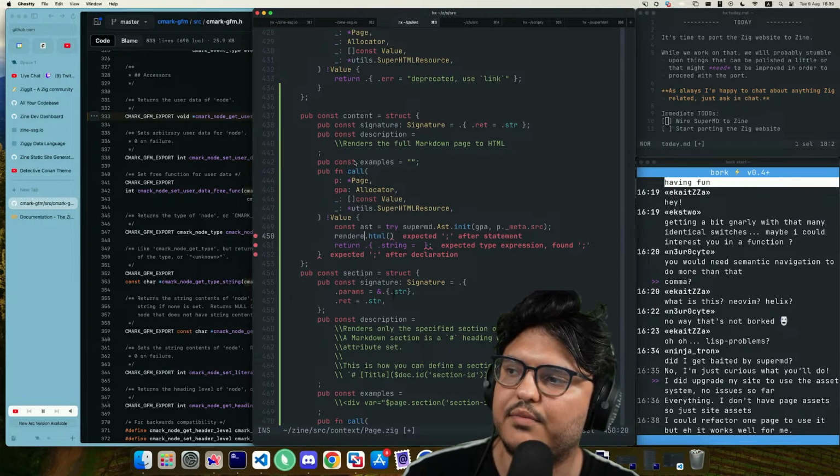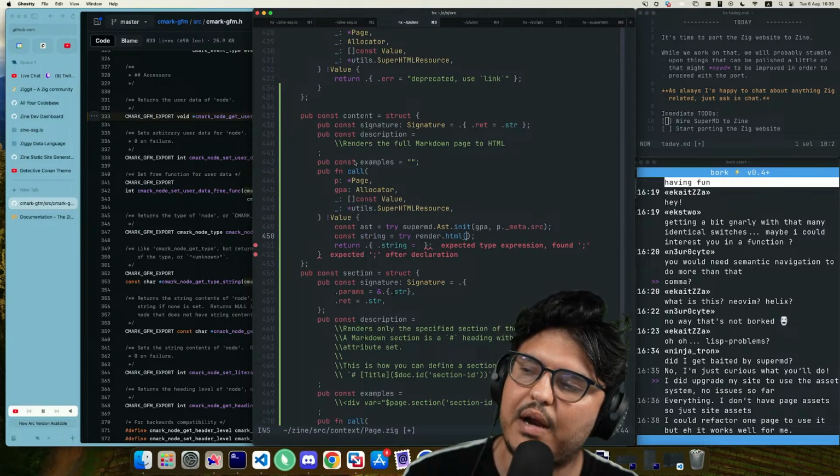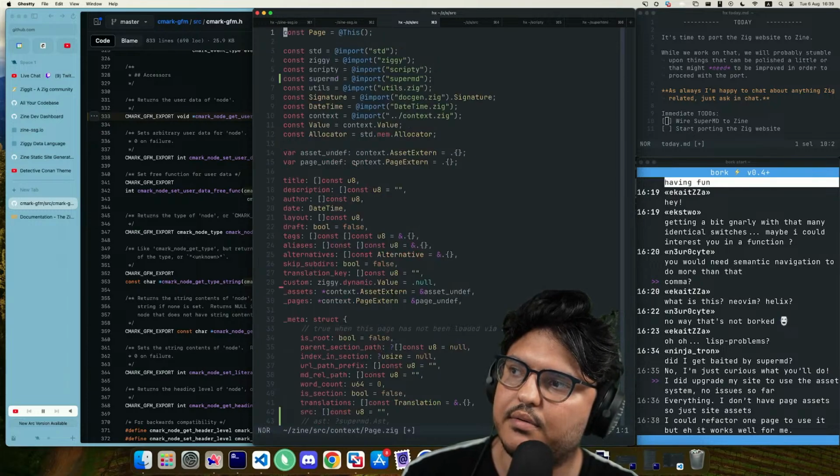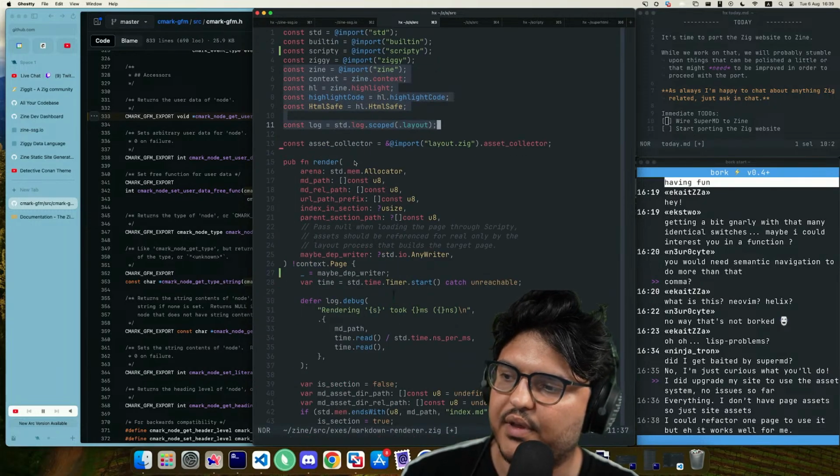I guess renderers could be called render.html. So we try render.html. So we need access to render. Okay, we need a few things.